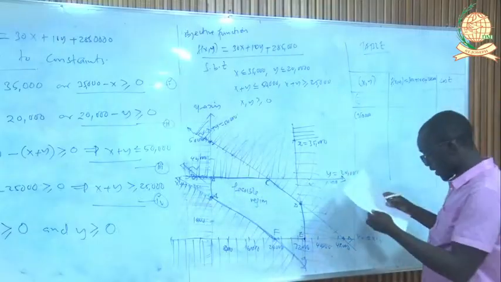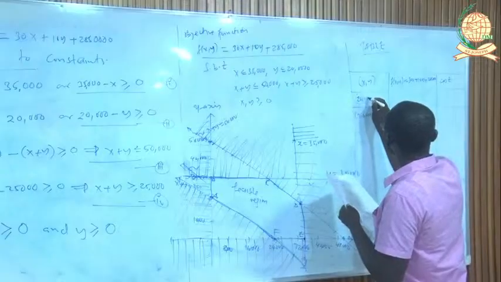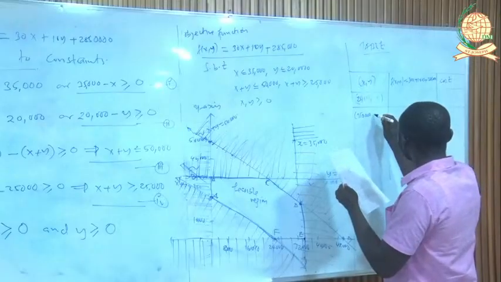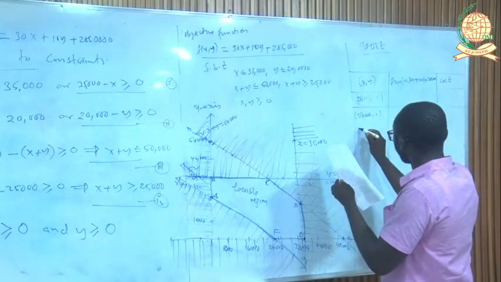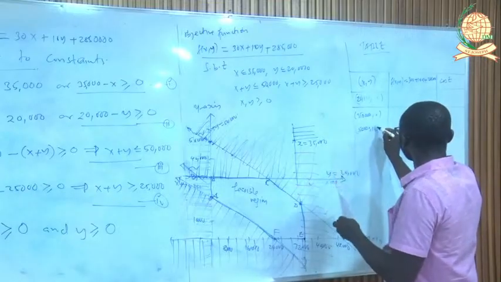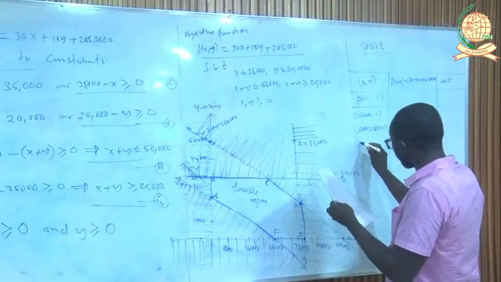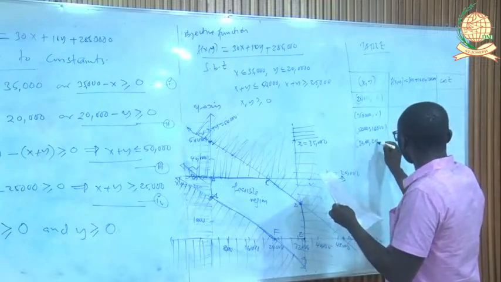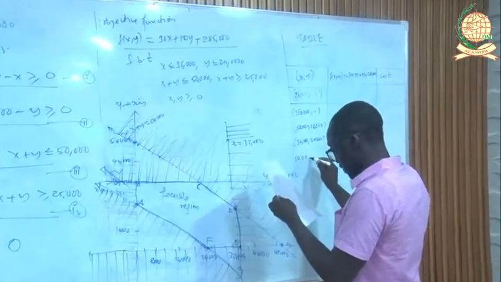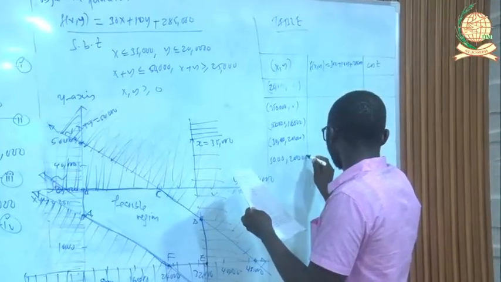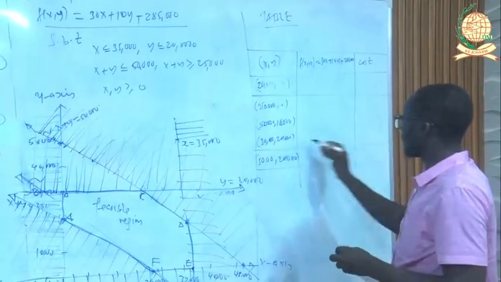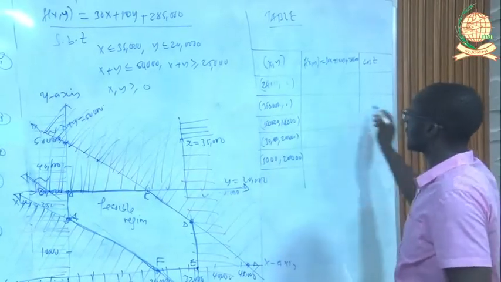So the first point here is going to be 25,000, 0. The second one is 35,000, 0. The third one is 35,000, 15,000, and 30,000, 20,000, and the last one is 5,000, sorry, and 20,000. So you're going to plug in these points in your objective function,